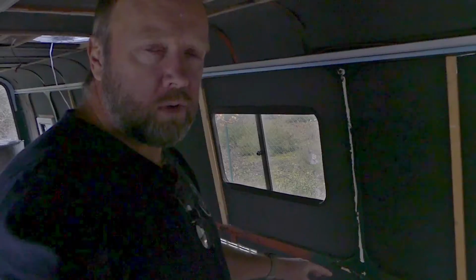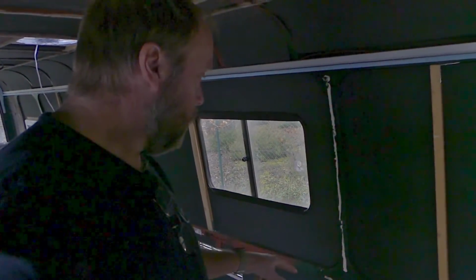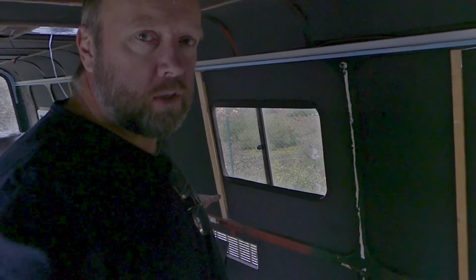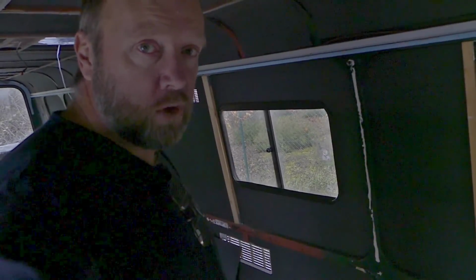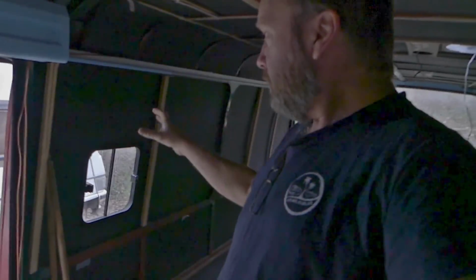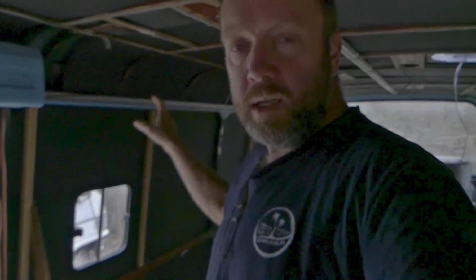So all the cabling has to be run all the way back here. We've got two fridges, two little ones, one big plug point at the kitchen area, and then at the back another one for charging our laptops, cameras, phones and all of that stuff. On the other side we'll have obviously some lighting for the shower, and at the back maybe another plug point for charging some stuff as well. So we have options on both sides. Basically there's not too much wiring to be done, not too many electrics, although I might be wrong on that